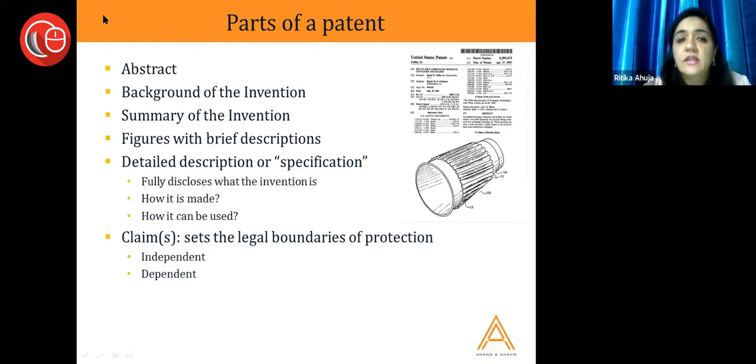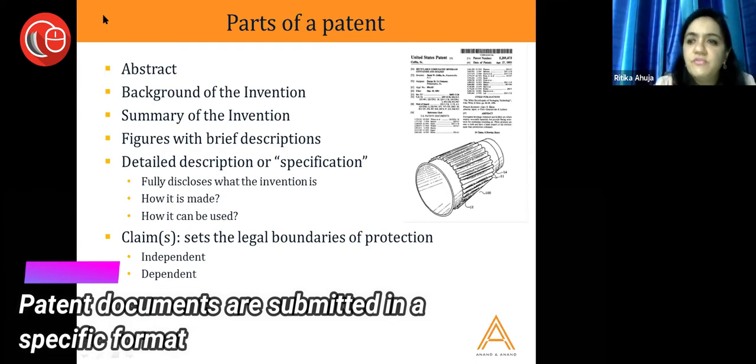I just said that your patent application cannot be a roughly written sketch or a simple document which talks about your invention, your concept on paper, in one paragraph. That kind of a patent document does not go to the patent office. There is a specific manner in which a patent is submitted to the patent office.